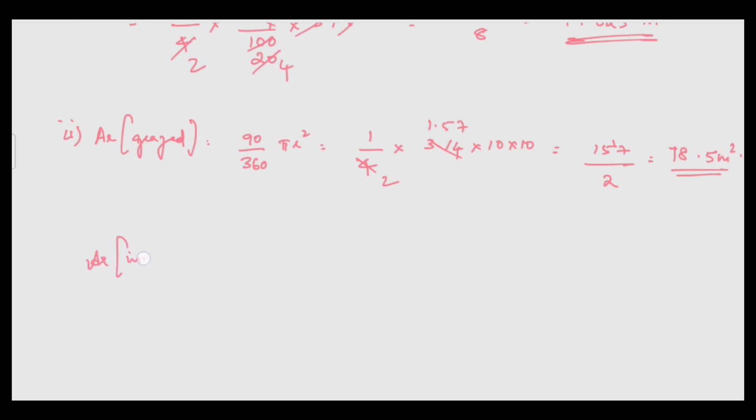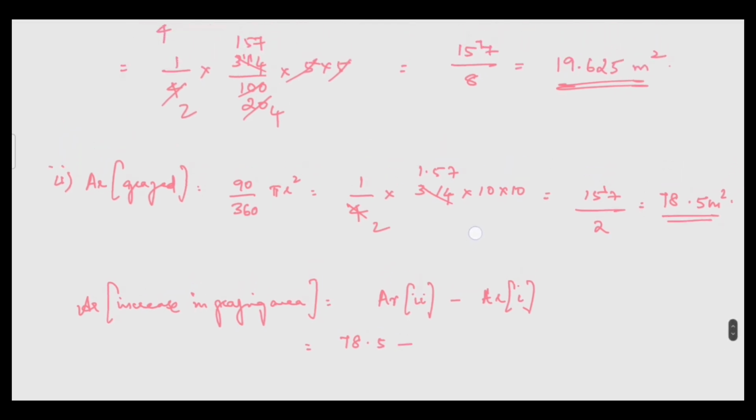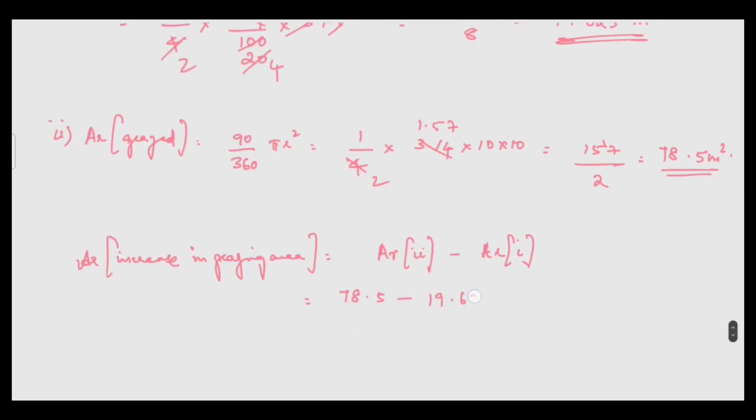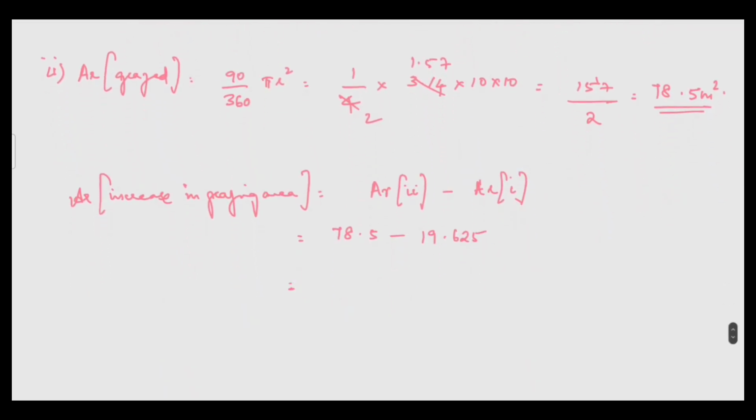Area of increase in grazing area is equal to area identified in second question minus area identified in first question. That is 78.5 minus 19.625. On subtracting 78.5 minus 19.625, we get